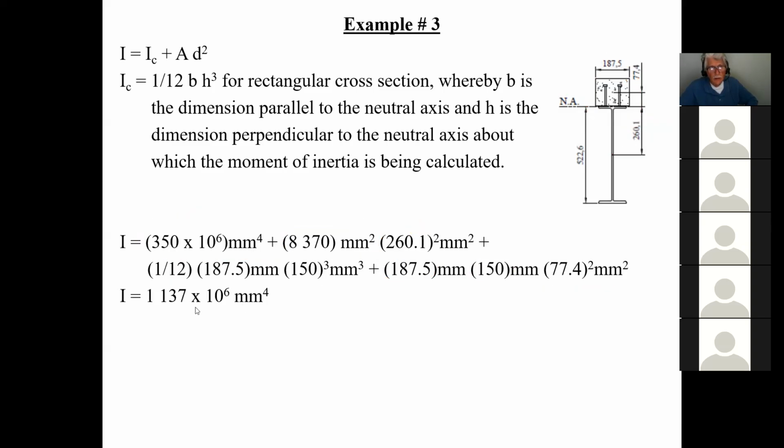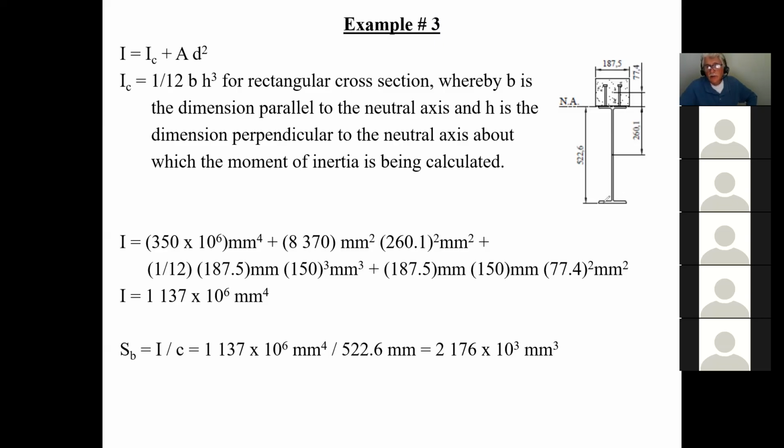And if I calculate this, I end up, of course, like I said, with scientific notation. I get 1,137 times 10 to the 6 millimeters to the 4th. That's the moment of inertia of this whole cross section. And now, since I know that, I can calculate the section modulus with respect to the bottom, because this is